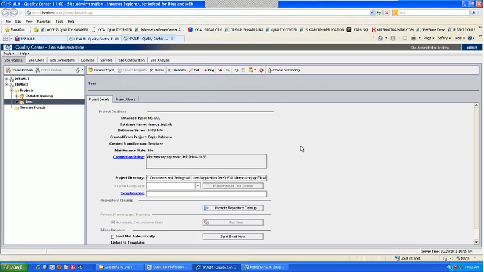So do they expect the entire test case? No. Here also we are going to describe the steps. But the difference in Quality Center is that you don't need to write the test case like how you wrote in the Excel sheet. You can write your test cases here directly and execute them directly here. Like TestLink, is it? Yes. But it's more advanced than those.